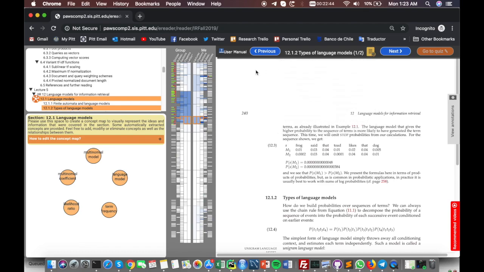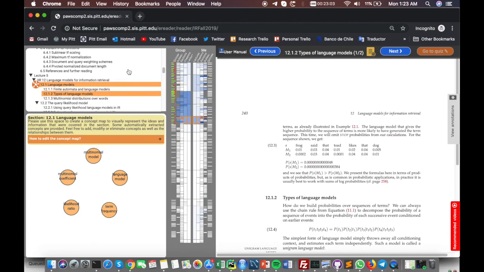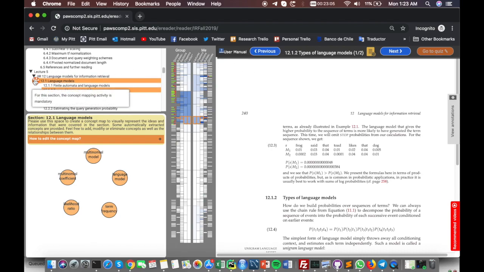You will see that these tasks are interleaved each week. For one week you will have to answer all the quizzes related to one specific lecture, as it was before, and the next week you will have to do concept mapping and video rating activity, which I will explain in detail now. When you have to do concept mapping and video rating activity, you will see the section